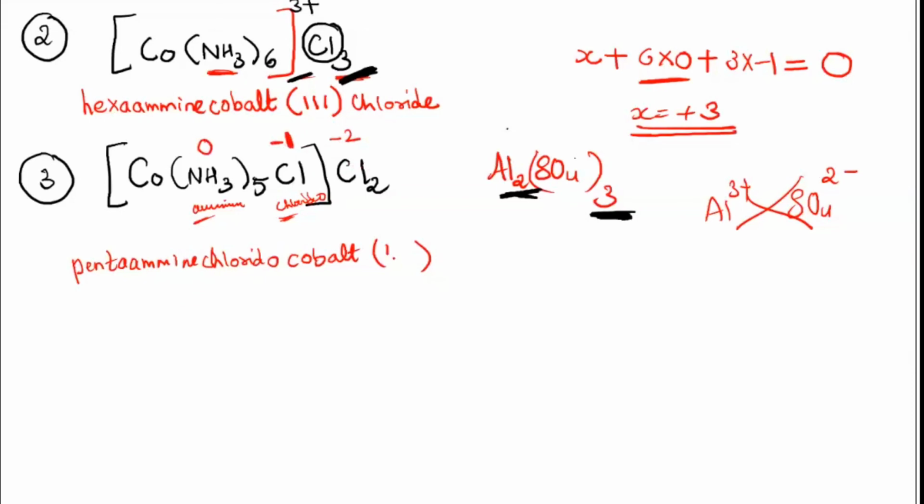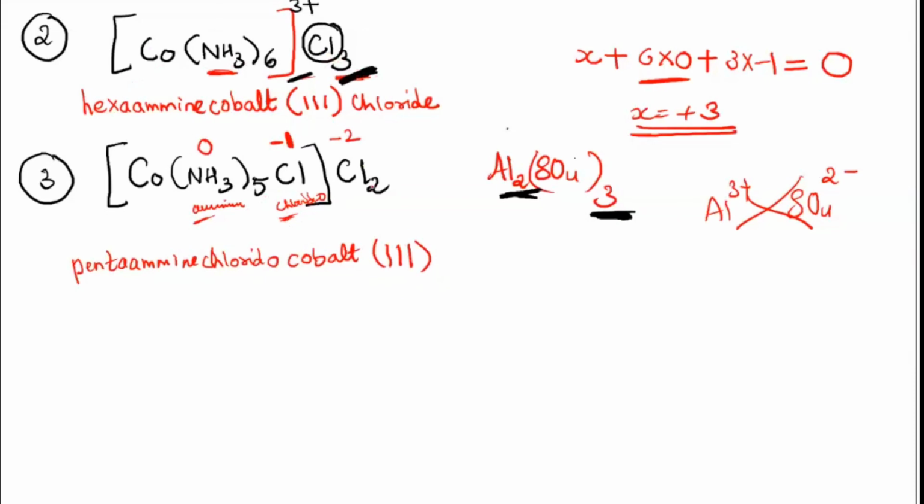Understood? Without doing this x is equal to all that, you can directly find out the oxidation state just by seeing the complex. Okay, even here, see the second one which I have written here. How will you find out? Ammonia, anyways, it's 0. Outside, you find there are 3 chloride ions. Chloride 1 charge is -1. -1 into 3, -3 will go to the other side, +3. Because metal will always have a positive oxidation state. So like that we find out.